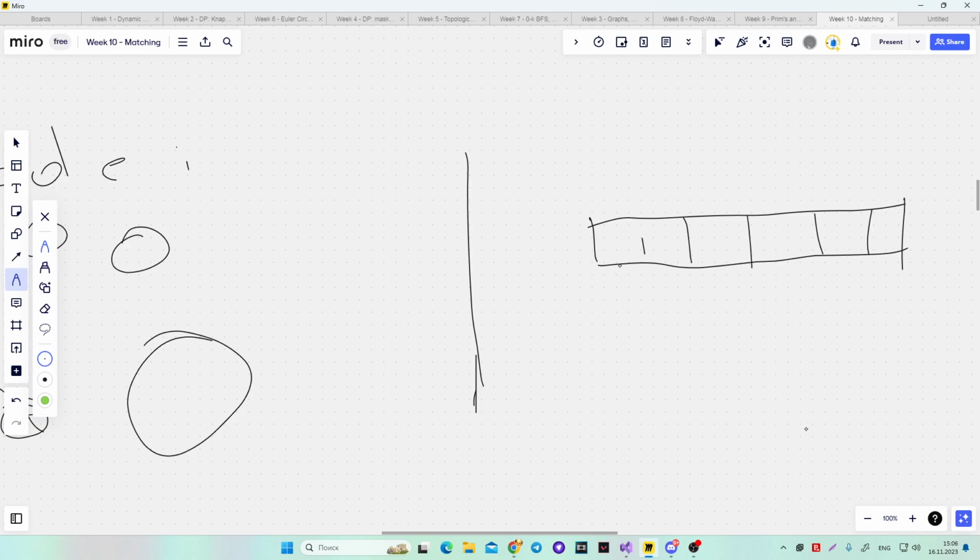Because it's directed and acyclic, we can consider a topological order of this graph. Some topological order. And just paint